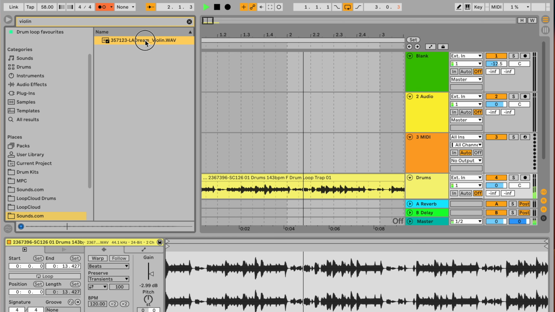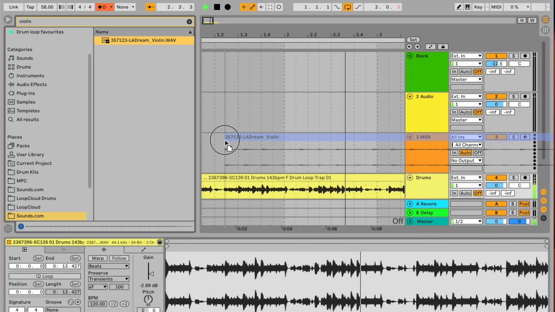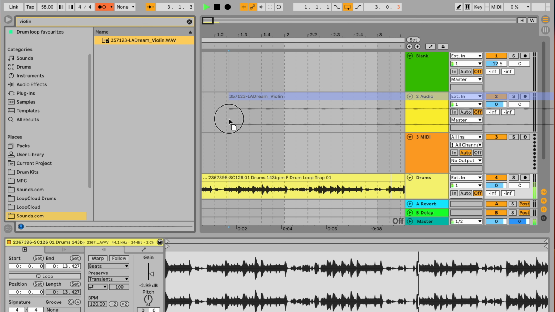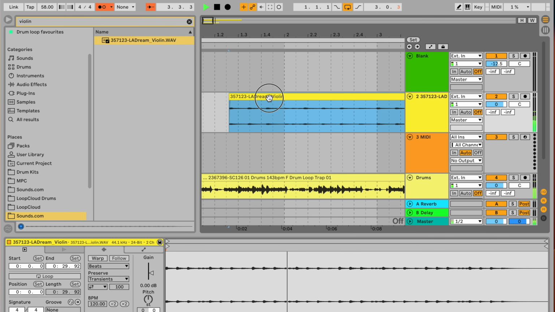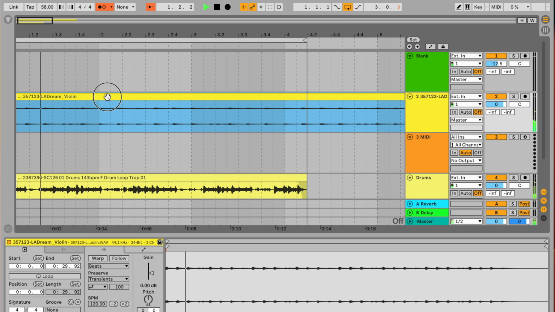Now if I was to drag it onto the MIDI track, I don't know if that will work, but I'm going to put it into an audio track here. I'm going to go back here, and I can